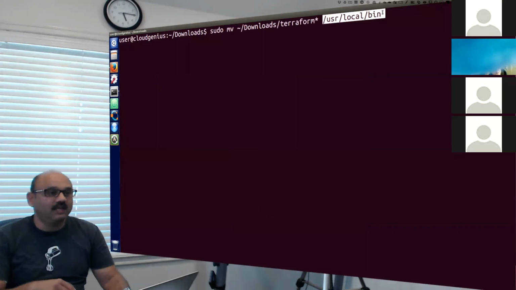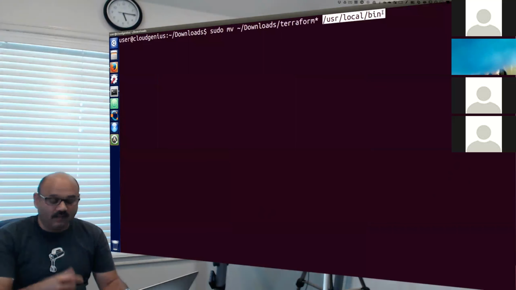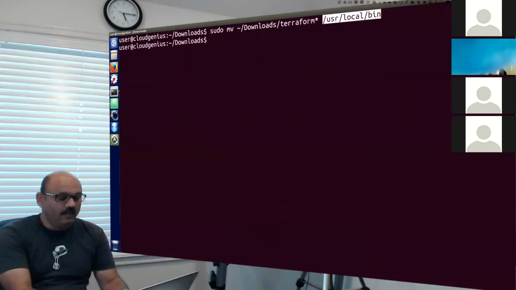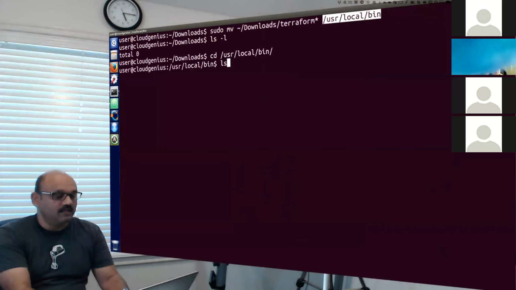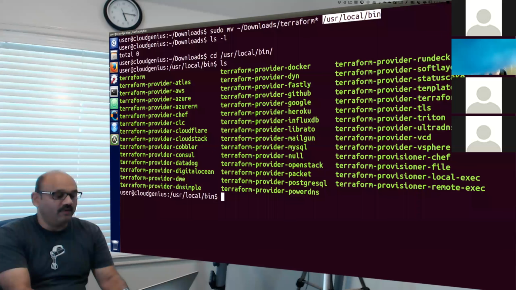By path I mean a place where I can execute them. I'm moving them all, and I did. We have nothing in the downloads folder, and everything moved out to user local bin, which is where you will find all these Terraform binaries.